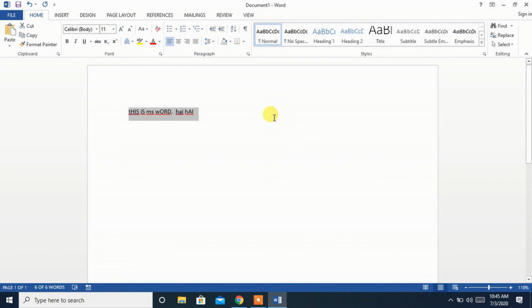Basic typing, okay. So I am going to type this once again. I pressed caps lock. I again pressed caps lock because I want only T in this word to be capital. So I pressed caps lock again, then I got the capital M, S, then again pressed caps lock, so I got small letters. This is MS Word. Hope you understood this much. How to start typing. Then you can type whatever you want.